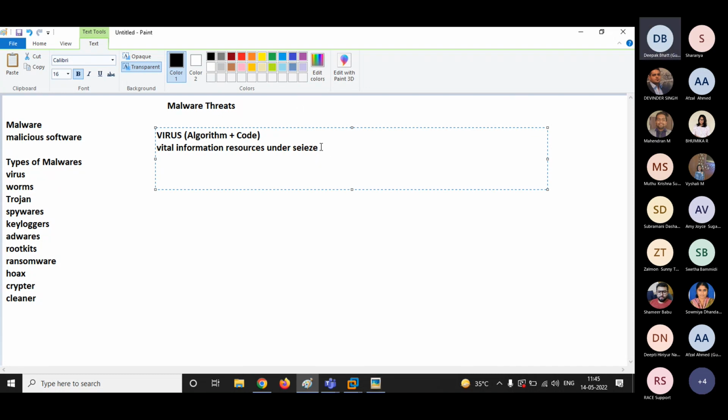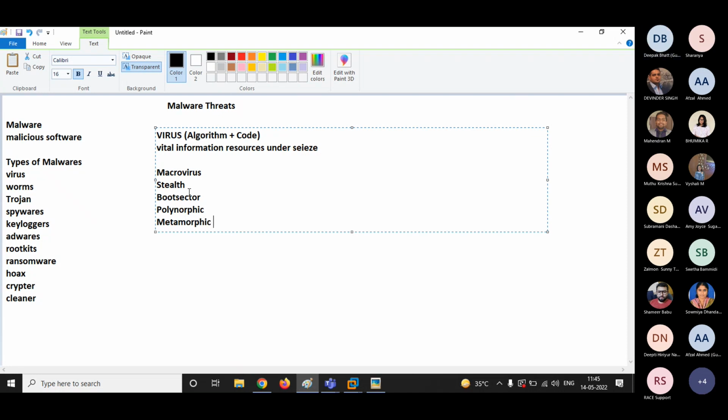Depending upon virus, we have various categories of virus. We have macro virus, stealth virus, boot sector virus, polymorphic virus, and metamorphic virus.